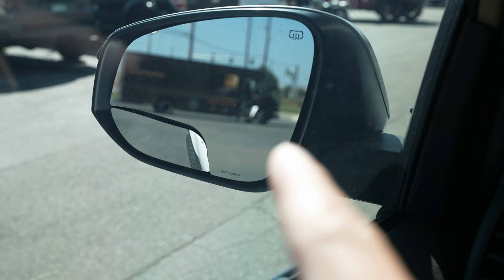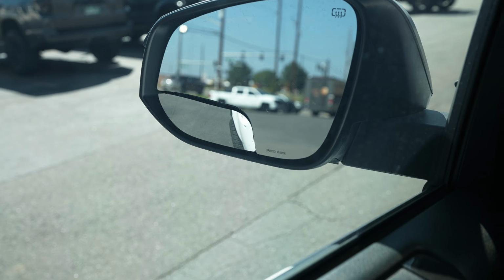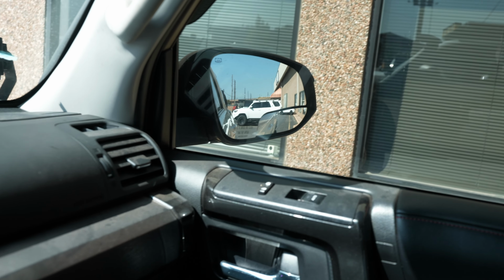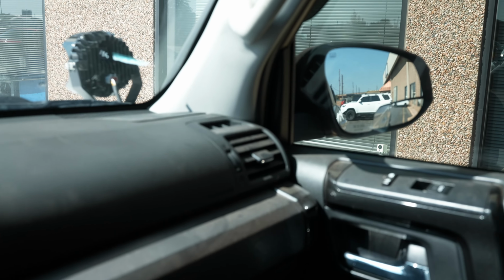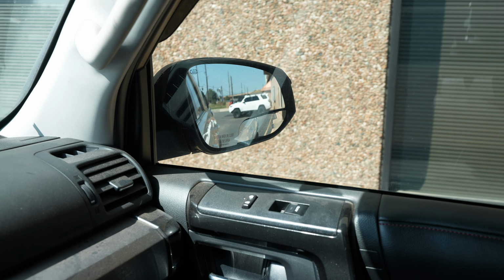So obviously you have the standard normal window over here, but that bottom window kind of guides you. So here's the driver's side. Over here is the passenger. So when you guys are pulling into, let's say, a parallel parking spot, for example, here is where we're currently at. So we're next to this little sidewalk here. So we're gonna pull in there, and that bottom mirror